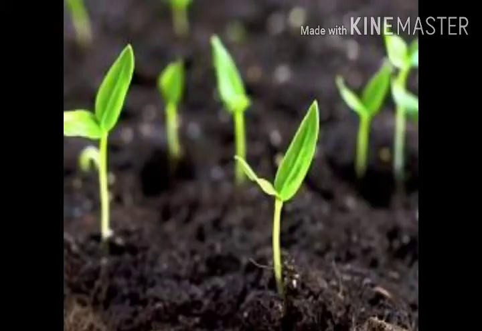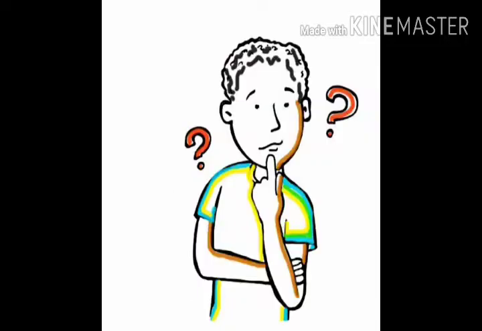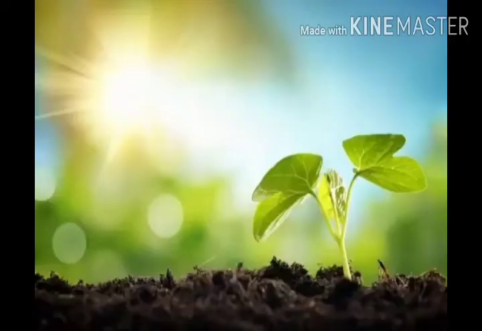Plants are a very important part of the environment. They are the only living thing that not only produce their own food but provide food for other living things as well. All living things are dependent on plants in some way or the other. As all living things need food, so do plants. But why? Because they also need energy to grow.